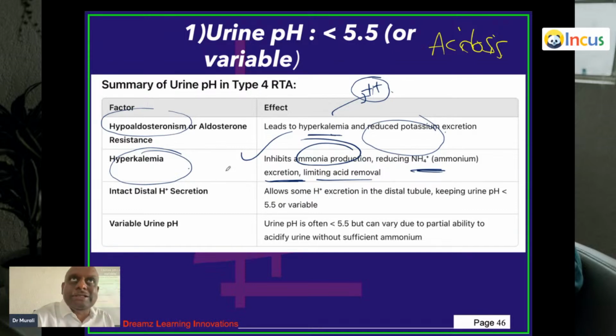Where do you get hypophosphatemic rickets? Again, proximal, distal, let us say, this is easier. Proximal RTA. Where do you get calcium phosphate stones? In case of distal RTA. Distal RTA, which is type 1.